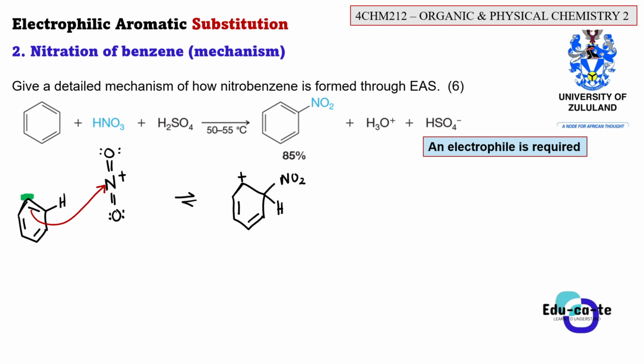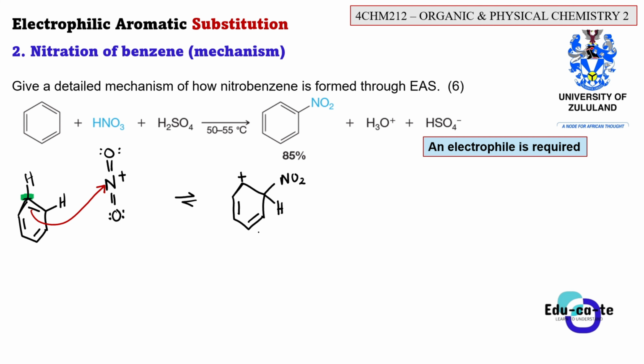Please revise all your notes on formal charges. Formal charges explain the state. Is it neutral? Is it positively charged, or is it negatively charged? Basically, carbon must have 4 bonds around it. You know that carbon must have 4 bonds around it. There was a hydrogen here, so it was 4 bonds around this carbon highlighted in green. But because we've broken one of the bonds, it's only remaining with 3 bonds, chemistry students. So if it is remaining with only 3 bonds, it will be positively charged. It is a formal positive charge.